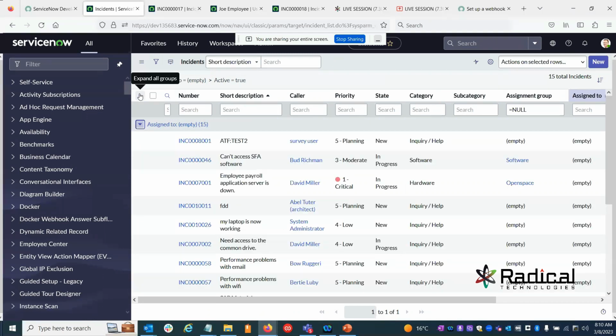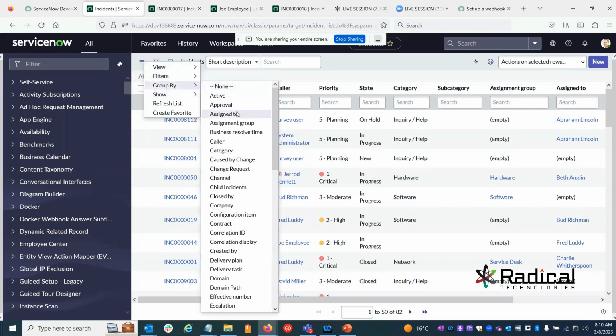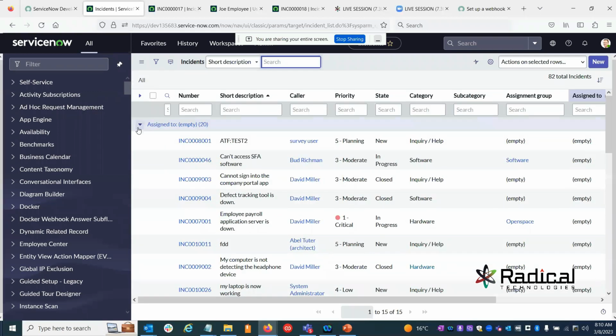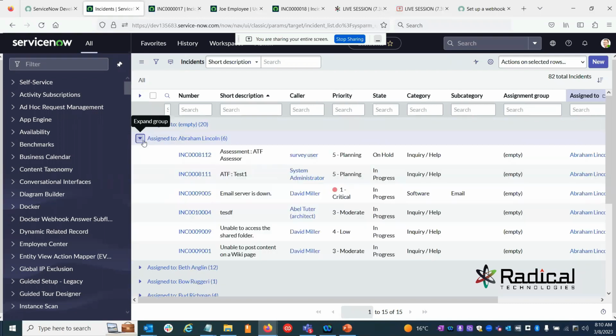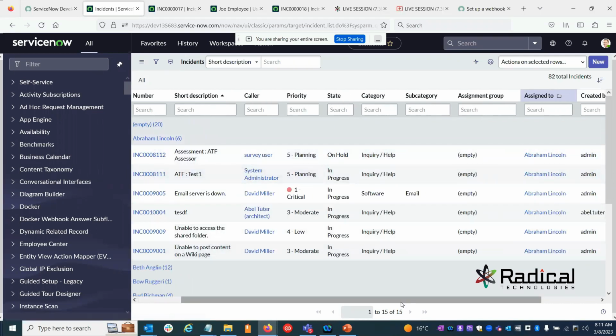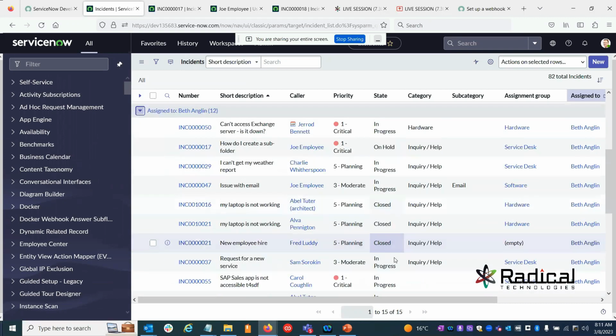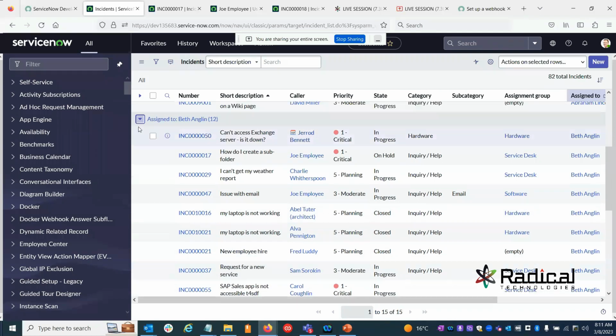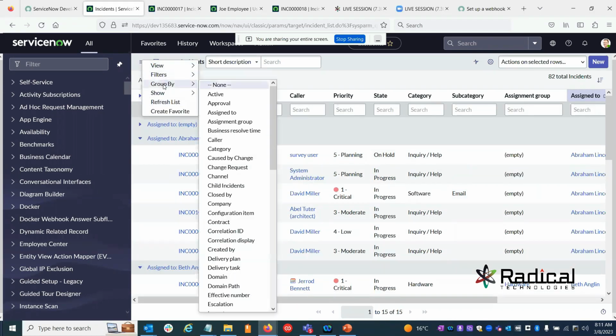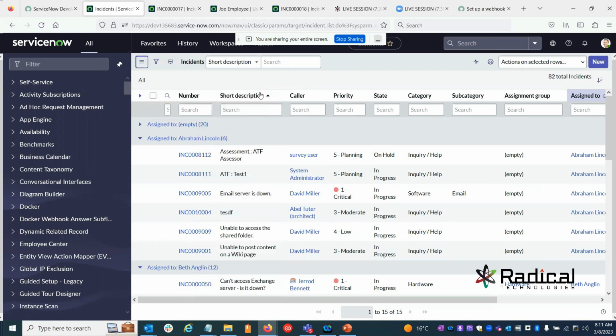Let's remove this. Now group by assigned to, so you will get to see the records grouped by assigned to. There are 20 records where the assigned to is empty. There are 6 records which are assigned to Abraham Lincoln. There are 12 records which are assigned to Beth. So you can group by a field using this option. Currently, if I remove this group by,